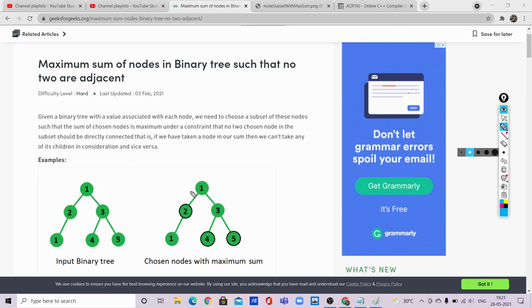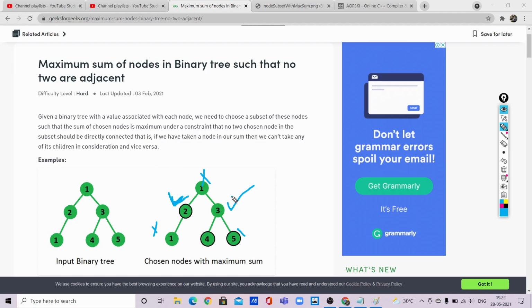if we consider this node to be a part of our solution, then these two should not be in our solution, and anything else can be a part of our solution. Or if we consider this one to be a part of our solution, then this should not be a part of our solution, this should not be a part of the solution, and this can be a part of our solution.